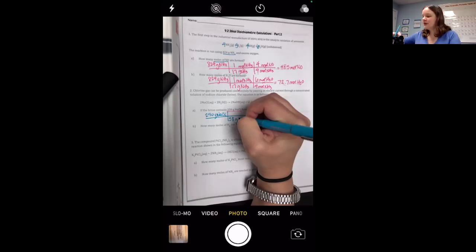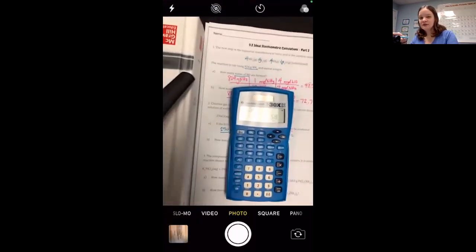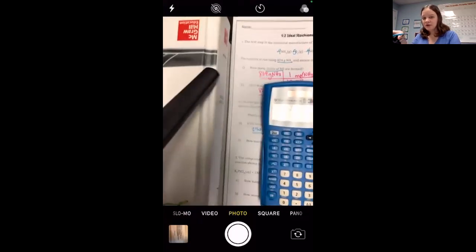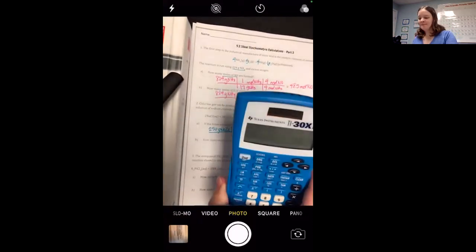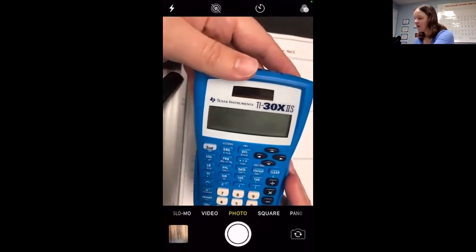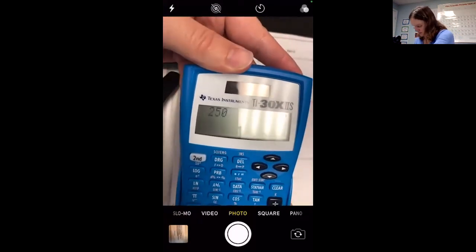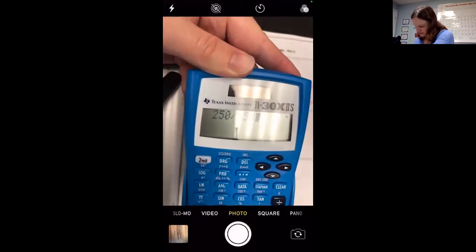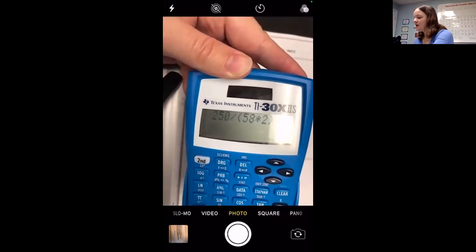And nope. Sorry. Let's get this so that you can actually see what I'm typing into the calculator. I'm just making a mess. Okay. All right, well, there we go. Okay, so I'm going to do 250 divided by 58 times 2. So I use the parentheses on that bottom term at least. And so I get 2.16